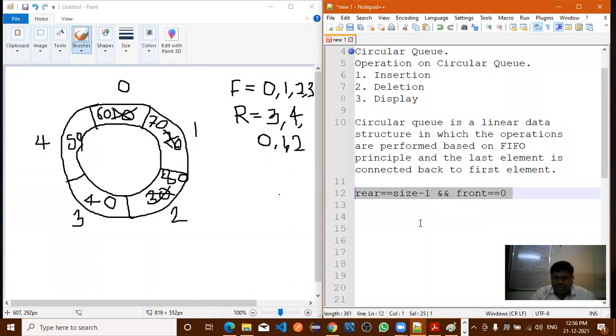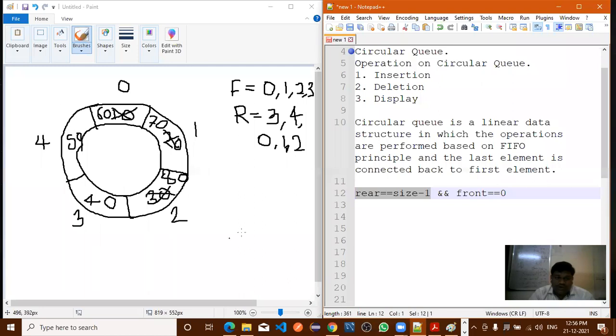In case of circular queue. In case of linear queue, we are checking only this much condition, right? In a linear queue, we are considering only this condition, rear is equal to size minus 1. But in case of circular queue, how to check the queue is full?